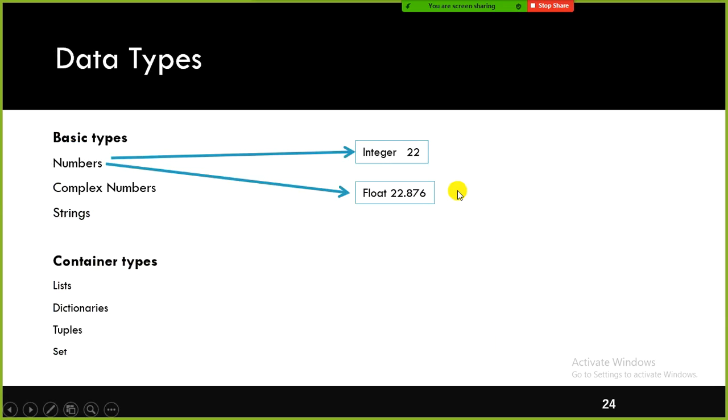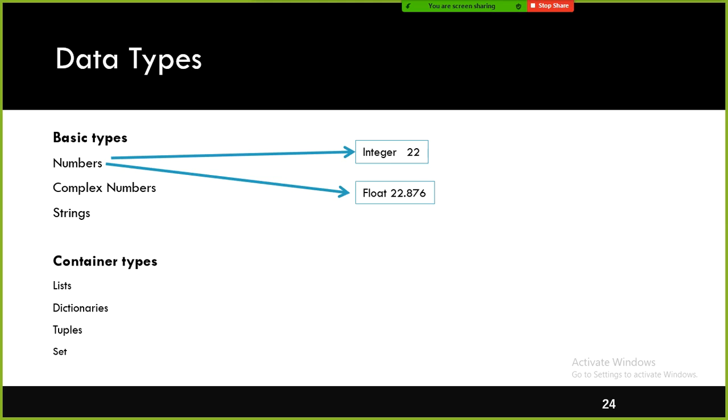And now let us take a look at the data types. Like other languages, here also we have the number data type. In the number data type, we have int and float. Integer and float data types are available. You know very well, integer is a whole number, and float is the decimal number, it will have a decimal in it. Apart from this, we have a data type called complex number.